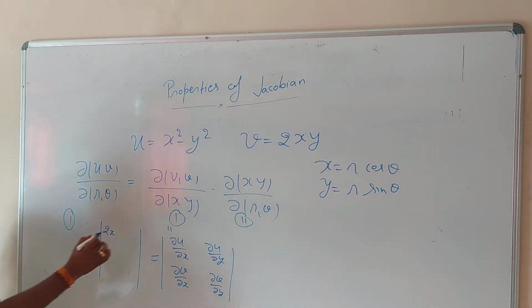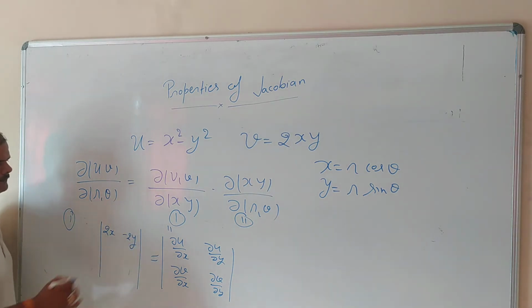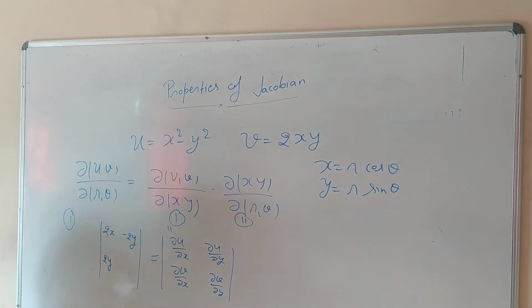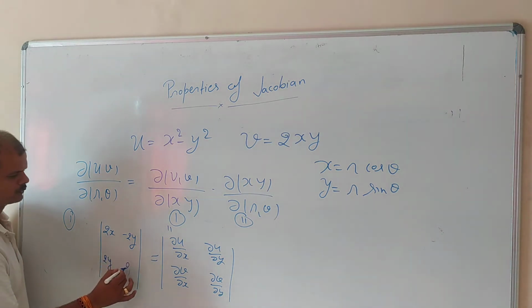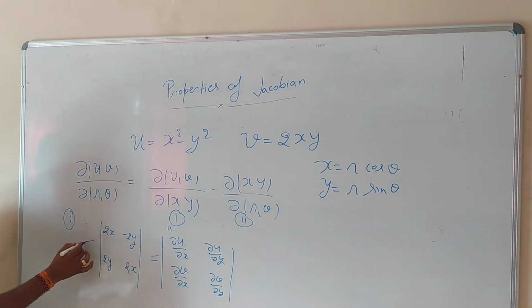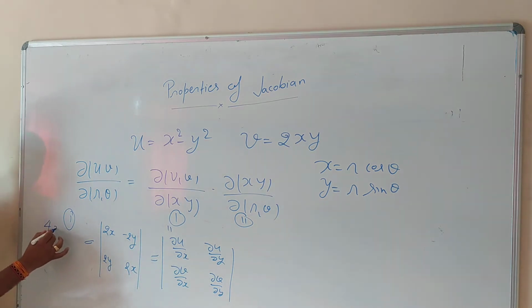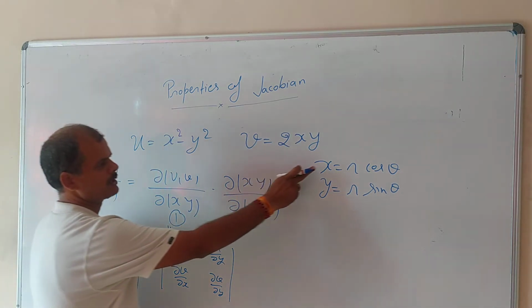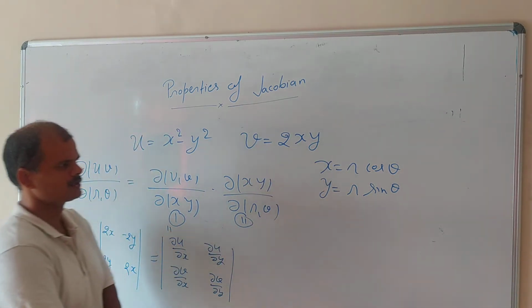Del e by del y is minus 2y. Del b by del x is 2y, and del b by del y is 2x. So we get 4x square plus y square, and x square plus y square equals r square, so 4r square. Because if you see, x square plus y square equals r square cos square theta